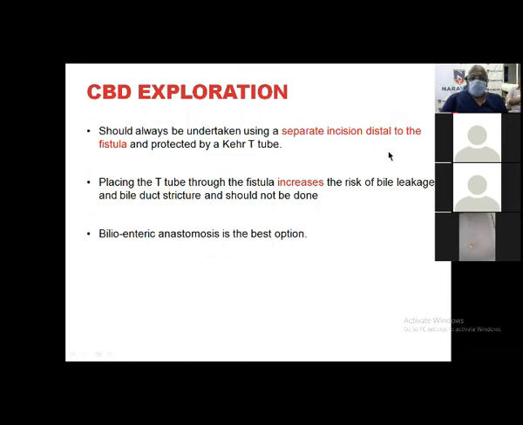CBD exploration should always be done. Placing a T-tube is not good unless otherwise compulsory. Biliary enteric anastomosis either in the form of a choledochoduodenostomy or a hepaticojejunostomy. Hepaticojejunostomy, the best would be a side to side because you need not hook the whole of the CBD. By hooking the whole of the CBD, you may use cautery, which may go in for fibrosis. Future anastomotic stricture is the commonest thing. So better don't do an end to side. Rather, you make a good opening up to the confluence and do a side to side anastomosis. It works out well.